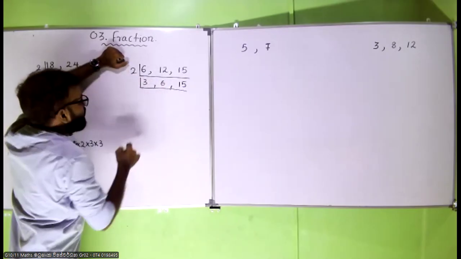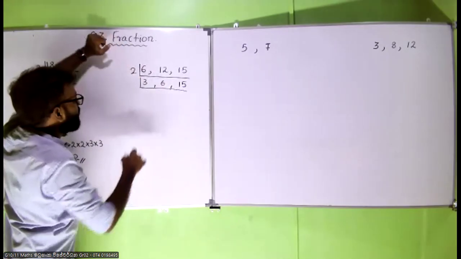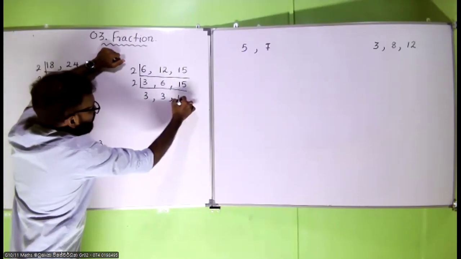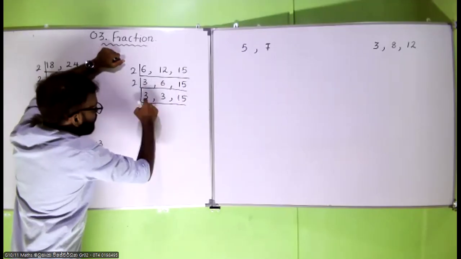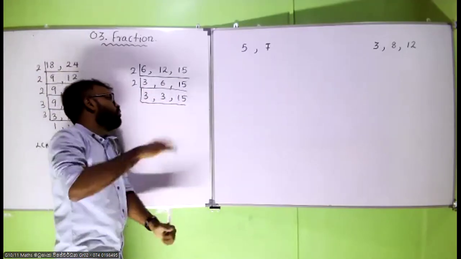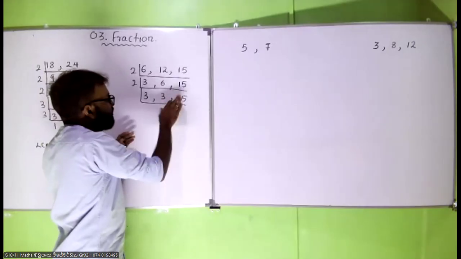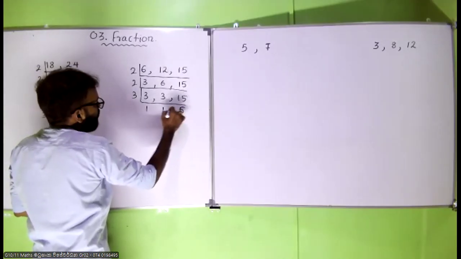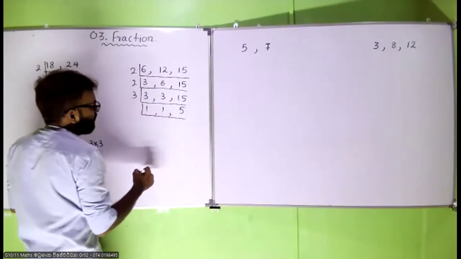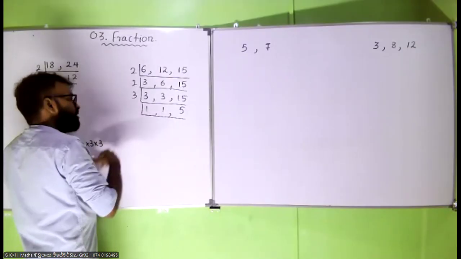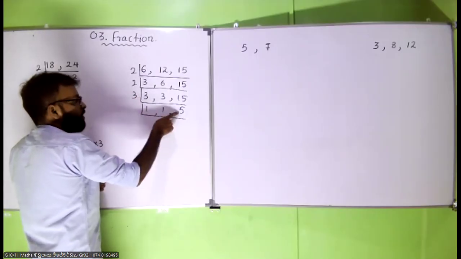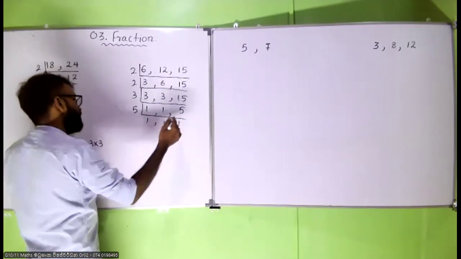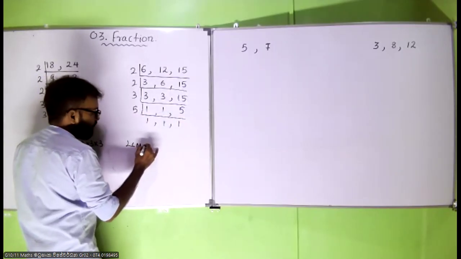So 3, 6 and 15. 3 cannot be divided by 2, 6 can be divided by 2, so I am using 2, keep 3 as it is, then 2 times 3, then 15. You cannot use 2 on these three numbers, so the next thing is 3. 3 times 1, 3 times 1, 3 times 5. Until you get 1, 1, 1 at the end you have to divide. You cannot use 2 or 3 to divide this, so you have to use 5 itself to divide, 5, 1, 1, 1 at the end. So the LCM would be